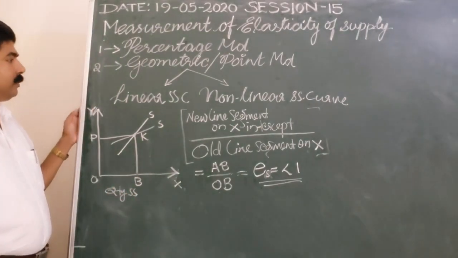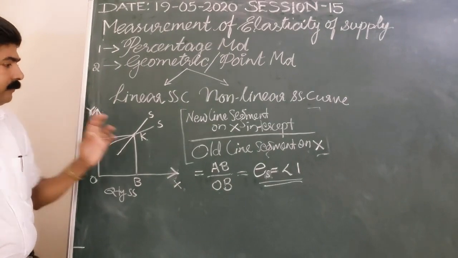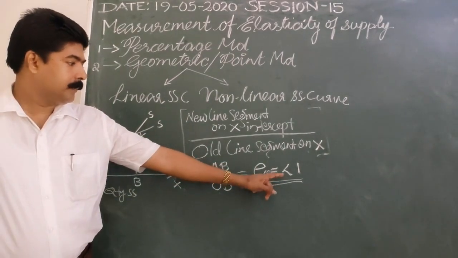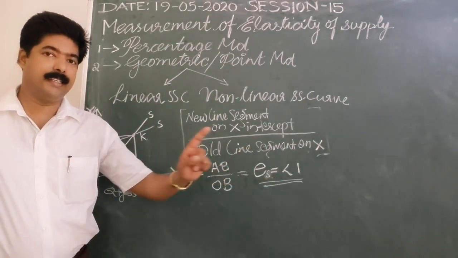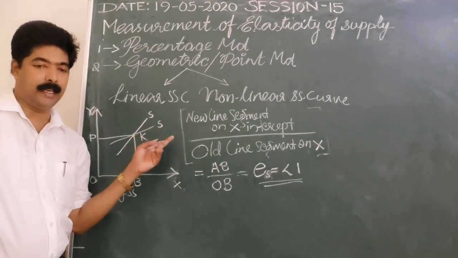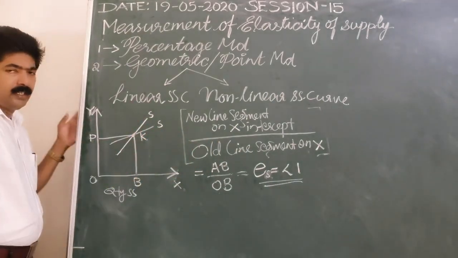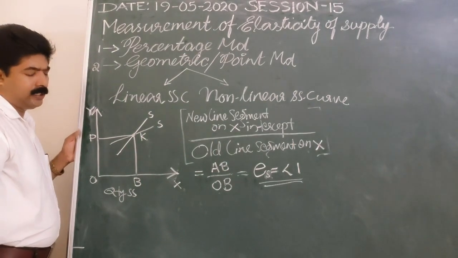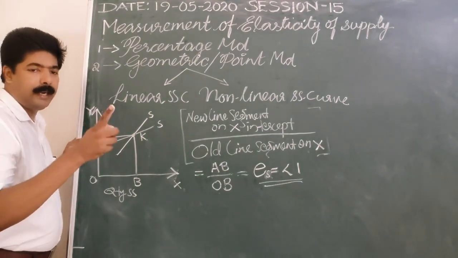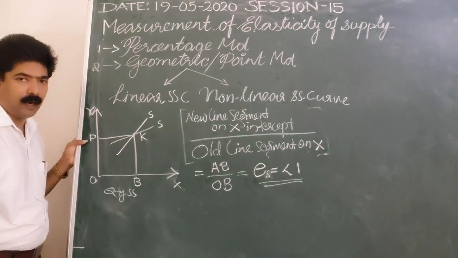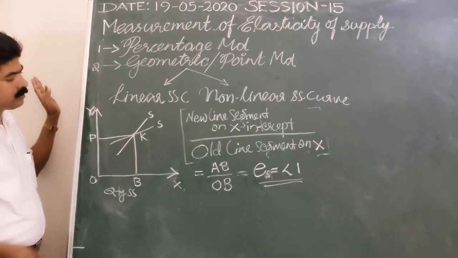Now you are asked to calculate the price elasticity of supply. One of the elasticities we have calculated is less than 1 in a previous diagram. Now here we calculate two other values. The other values are equal to 1 and greater than 1. So what is equal to 1?